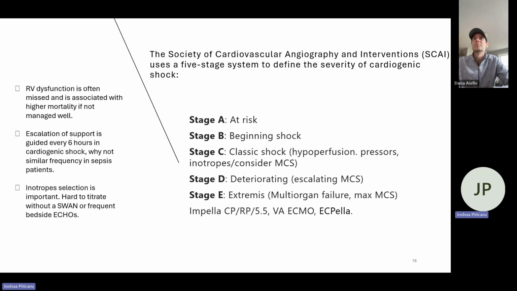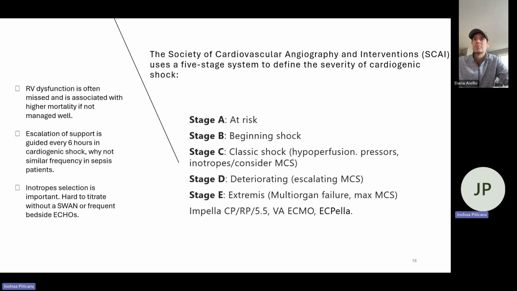These are the things that we can do as mechanical support. CP Impella to the left ventricle is only up to 3.5 liters of flow. RP Impella for the right ventricle. 5.5 Impella for the left ventricle gives you up to 6 liters sometimes of cardiac output. VA ECMO, and we have ECPella, which is ECMO and Impella together. Usually we save those for people who have issues with the right ventricle and oxygenation maybe,